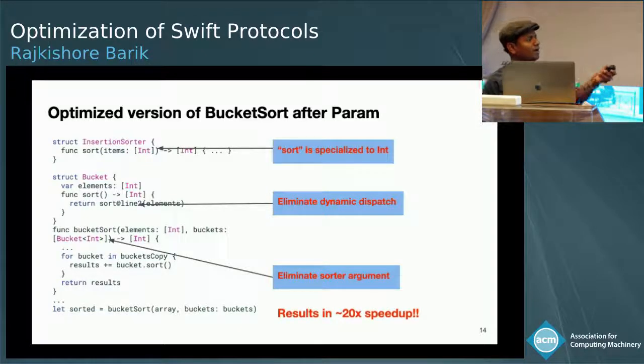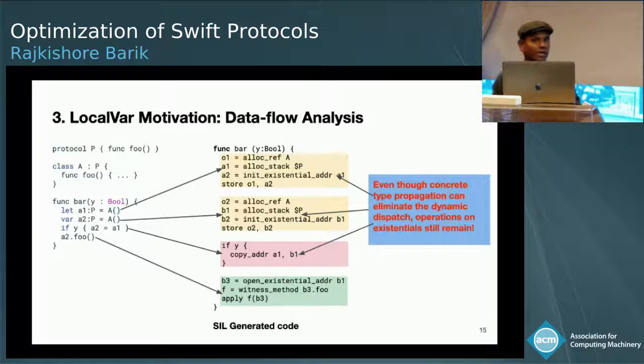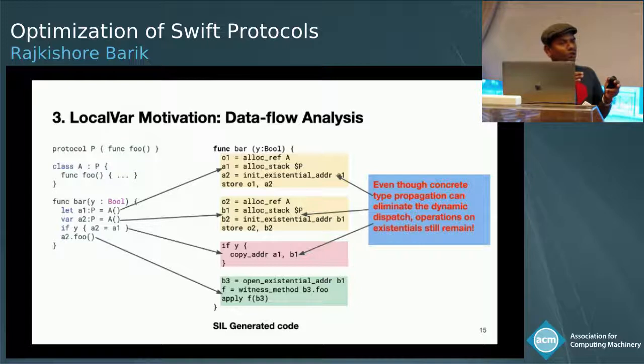Okay, that results in a 20x faster. You specialized everything. The next one is the data flow analysis, which is basically if you have, within a function, a container that contains two different values in two different paths. Then in one of the paths, if you change something, in this example, you can see here, I'm changing A2 to A1. Suddenly, even though you are able to devirtualize it using your class hierarchy analysis or type hierarchy analysis